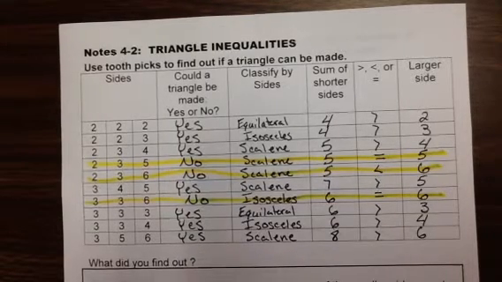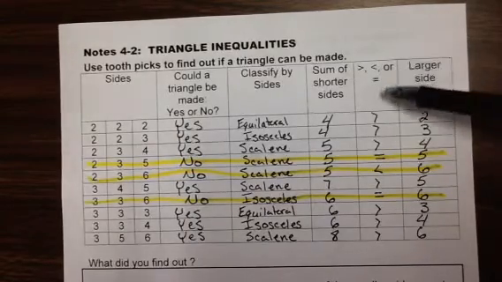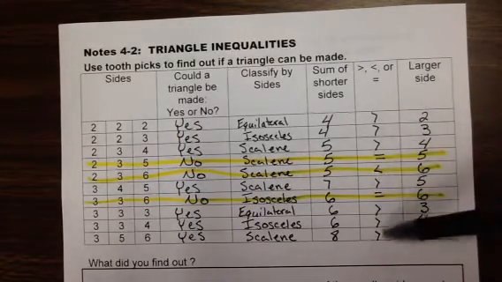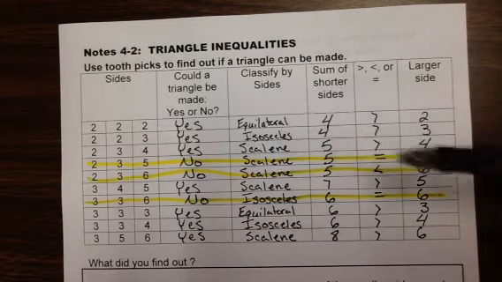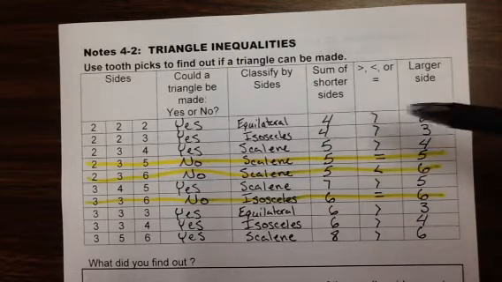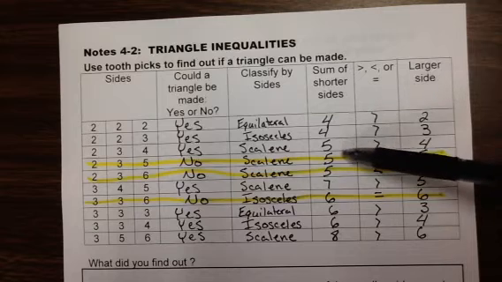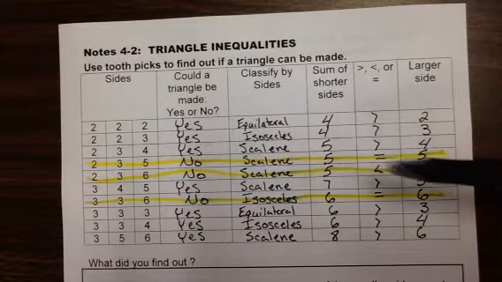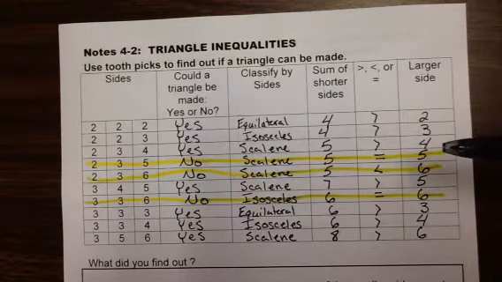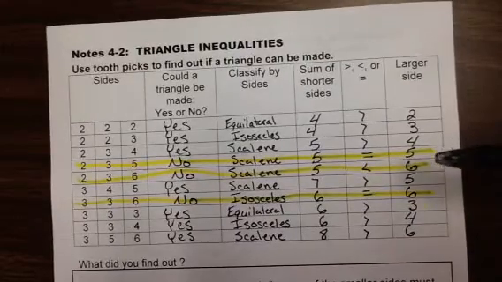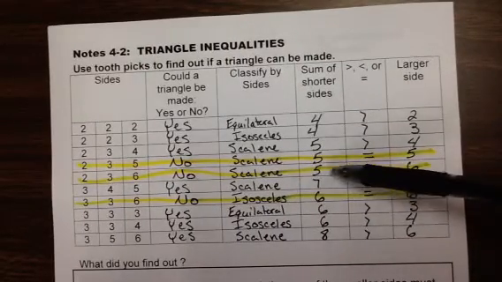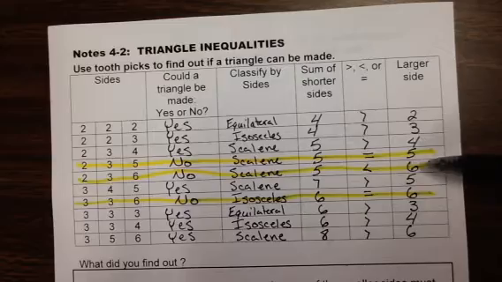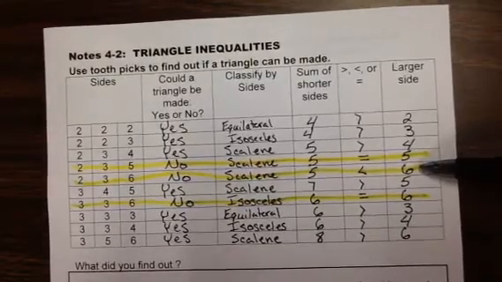And I'm going to go ahead and let you know that the important column that we're looking at here is this column right here. Notice right here in this column, 4 would be greater than 2. The sum of the short sides is greater than the longer side. Here, when it is not a triangle, the sum of the short sides is equal to the larger side. And down below, the sum of the short sides is less than the larger side,